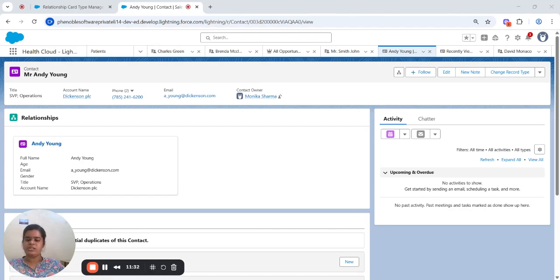It means more efficient pages, happier users, and better patient care, right? The relationship card in Health Cloud pulls all the related information like the doctor's workspace, contact, or license into one place, so you don't have to search through many screens. For example, we don't need to search for different things in different places.